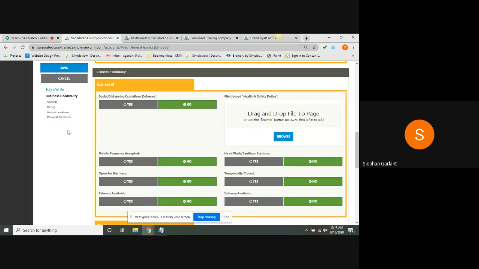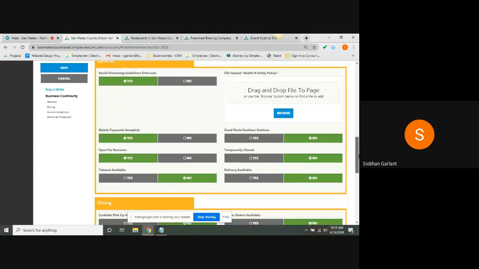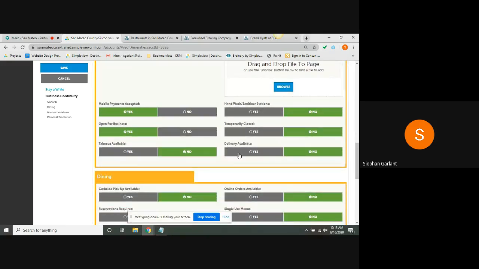And in the phases of reopening, we want to make sure that everyone that's visiting the site is aware of what you guys have to offer. So some of the options you have here are social distancing guidelines being enforced. Mobile payments, are they accepted? Are you open for business or temporarily closed? Are there hand wash sanitation stations? Delivery available, yes or no? Is there takeout available? This not only pulls into the site on your listing detail, but it's important to have